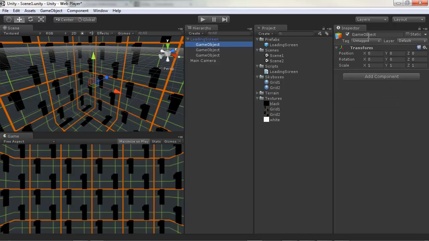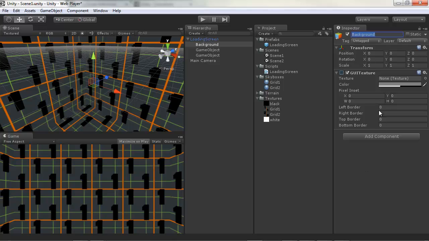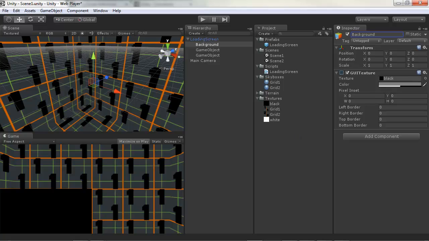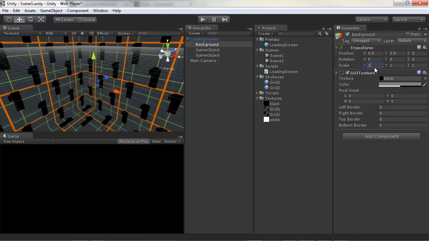Okay, so the first object I'm going to do is create a background. This is going to be the background of our loading screen that we're going to see. And I'm going to go ahead and add a component, rendering GUI texture. And this one, like I said, I want it to be the background, so I'm going to use the black texture here. You can see in the game view down here, it's the black texture showing up kind of down in the corner. That's because the anchor point for the texture is at the bottom left corner right now, because it's 0, 0. So I'm going to go ahead and bring that to 0.5, 0.5,